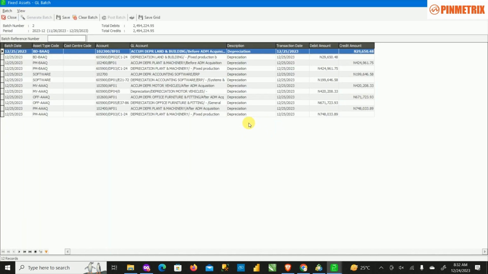So immediately that is completed, it drops down this for you. It's going to drop it by asset type. So this is the value of each of the assets. Definitely, you know that this is going to generate based on asset groups and ledger account. Definitely, you have this already. So when you are done, you click on save,